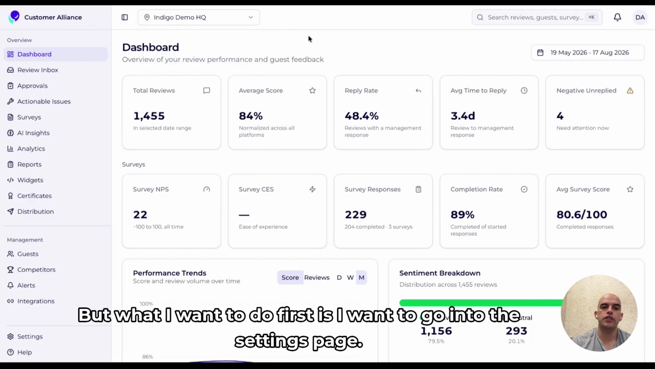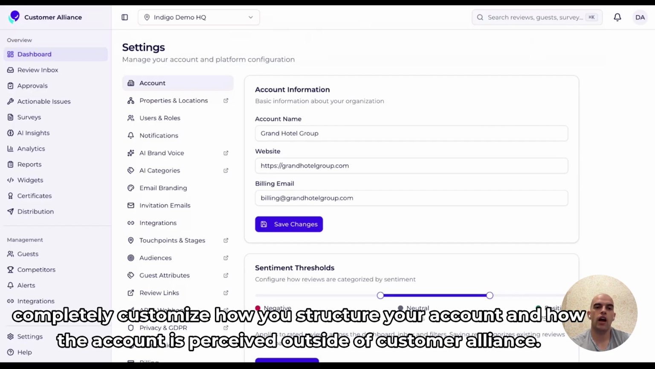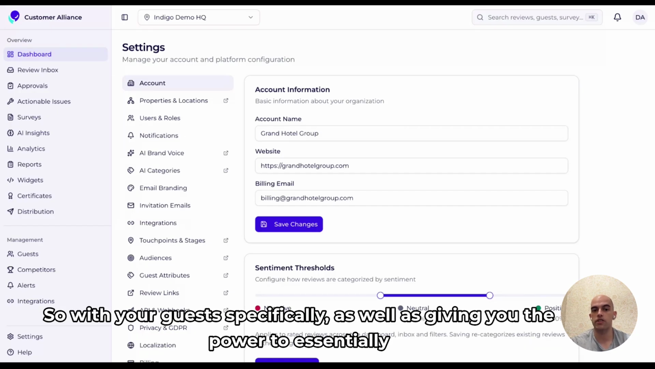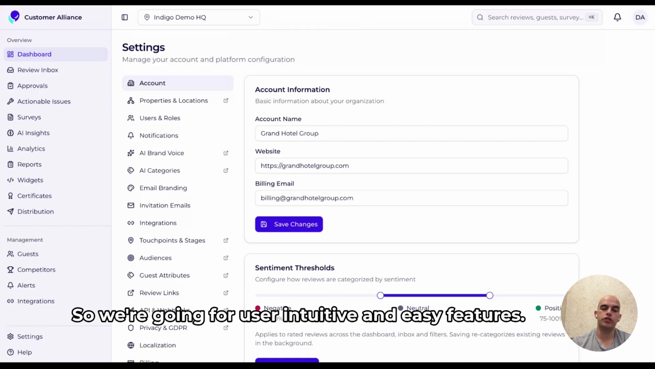But what I want to do first is go into the settings page, because one of the things that we really wanted to do with this rebuild was to give you, the user, the power to completely customize how you structure your account and how the account is perceived outside of Customer Alliance. So with your guests specifically, as well as giving you the power to essentially do this all without having to wait for a support ticket or a customer success manager to action it for you. So we're going for user intuitive and easy